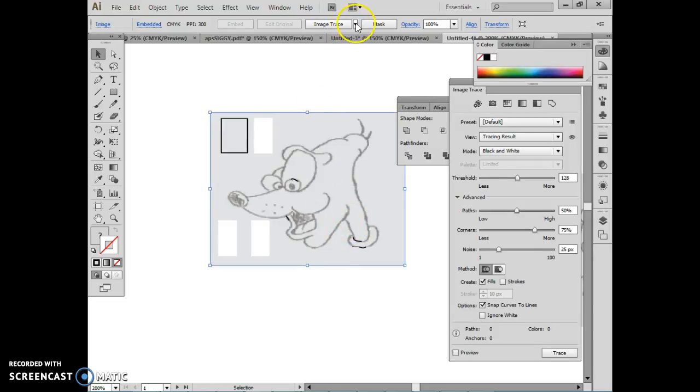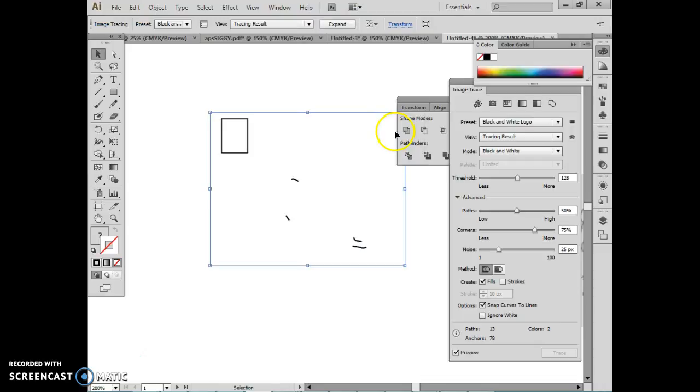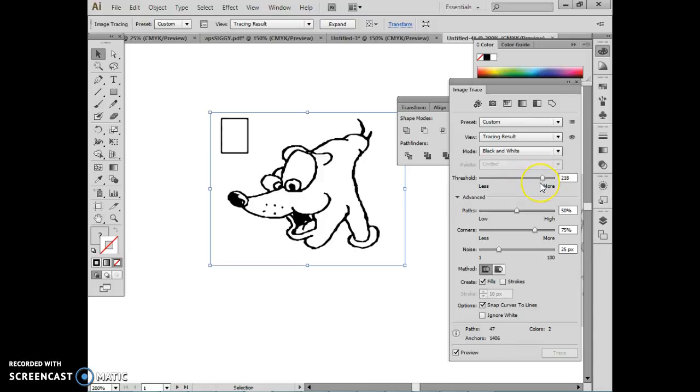And now that it is one picture, I can go ahead and do an image trace on it. Again, I'm going to go with a black and white logo. And you see it totally just wiped that out, sort of blew it out. That's not bad. I enjoy the way that that looks. It's got sort of a crunchy line style to it. If what you vectorize has such a line style that you don't like, you can adjust the corners to